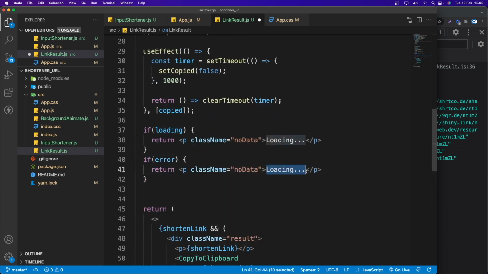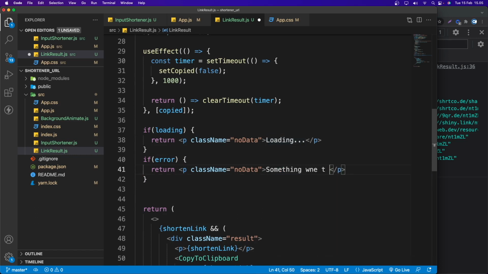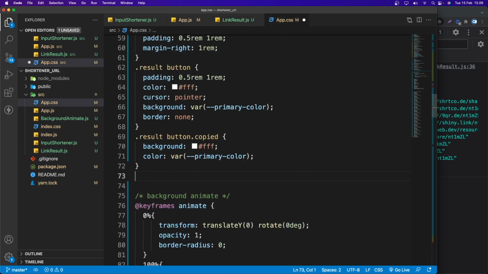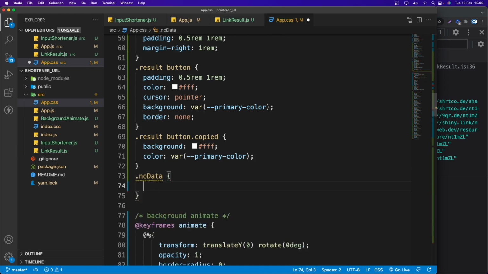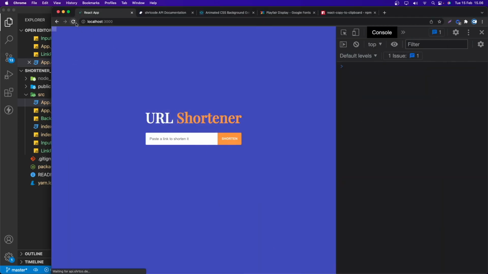Let's change this text here into something went wrong. Okay, not smile. So now save and let's go back to app.css here. I'm gonna grab the node data class, and I'm gonna change the color to white, and also change the font size to 1rem.